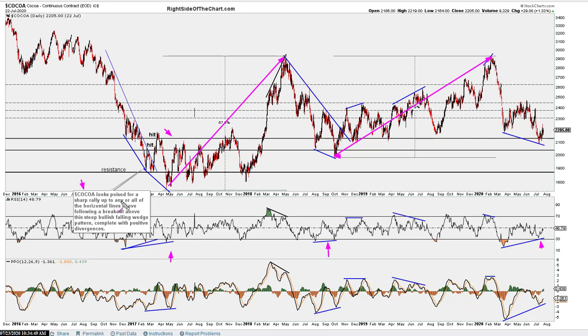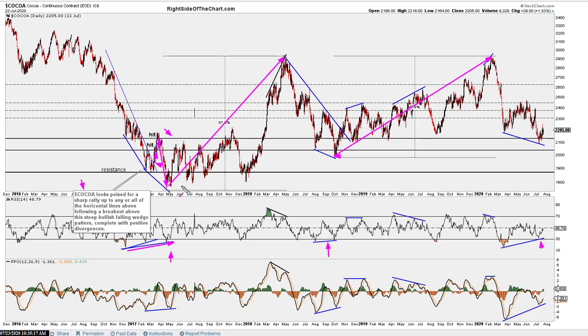Cocoa poised for a sharp rally up to any or all of the horizontal lines above. I had two at the time, just these two, with a breakout to come on a break above this steep falling wedge. There was our breakout. There was our rally hit. I don't know what that was, but I know those were each easily double-digit gains right there. It put in a new marginal low right there, larger divergence, and that was it. That was the bottom before that